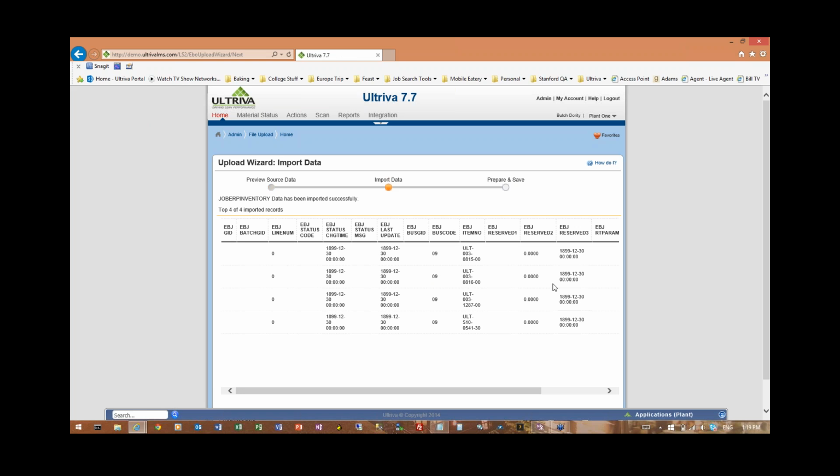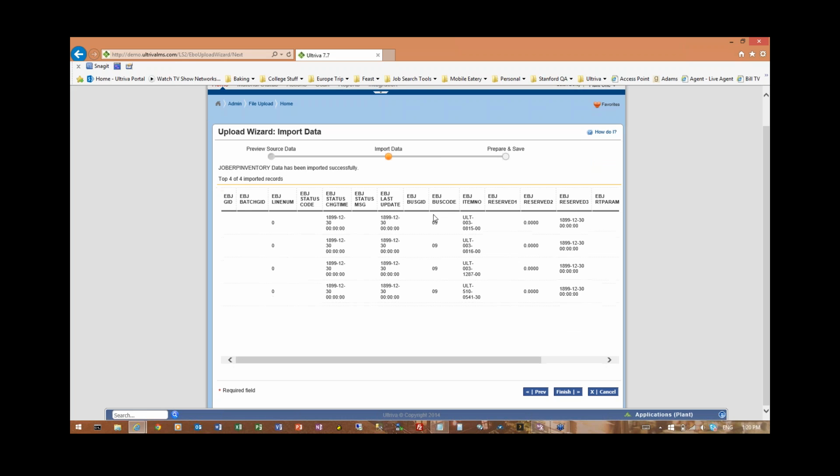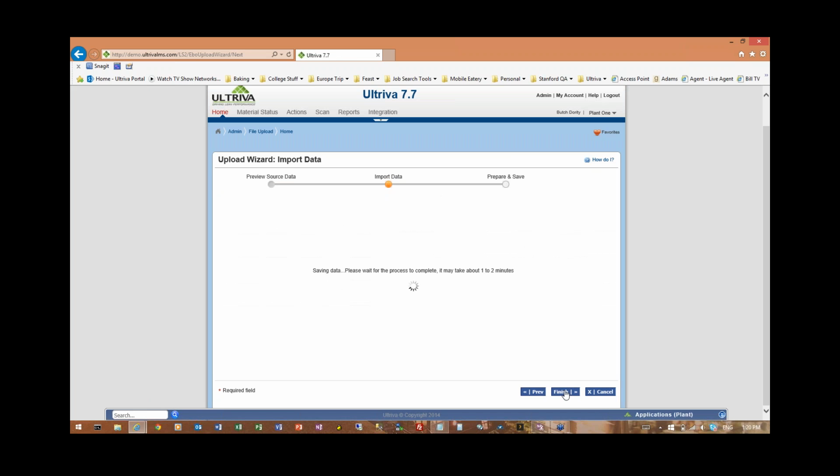You'll click next, and there's a lot of codes and dates and things on this screen. Really what you're looking for is right here. The inventory data has been imported successfully, so we know that there were no errors. All the data is good. And then we click finish,